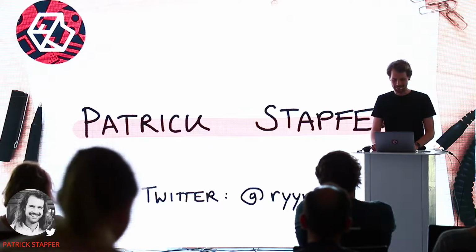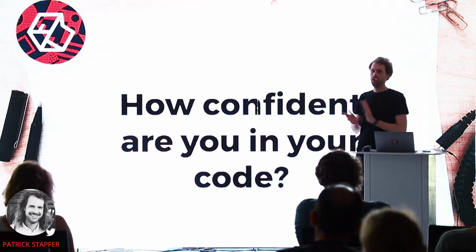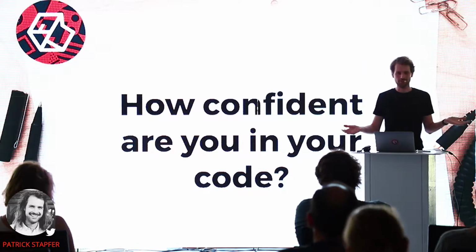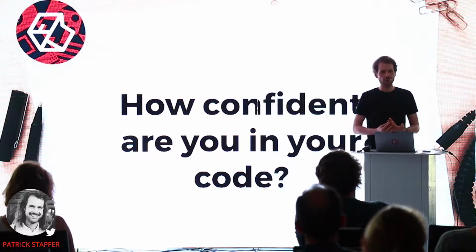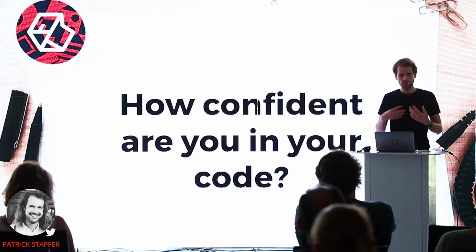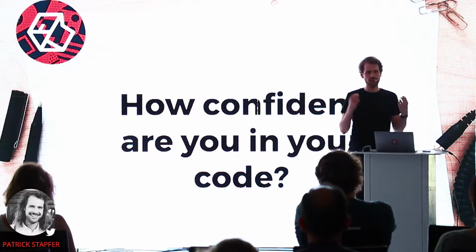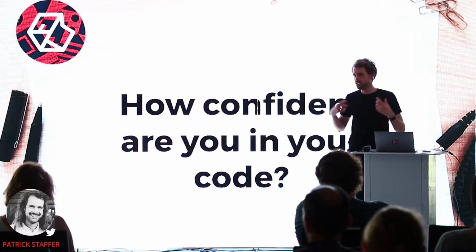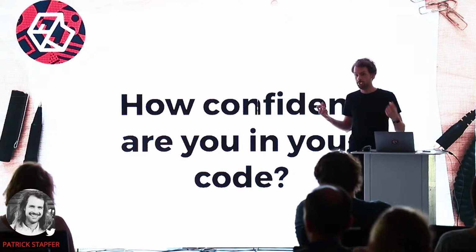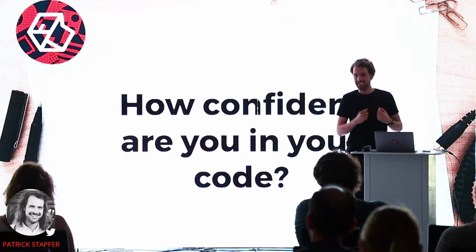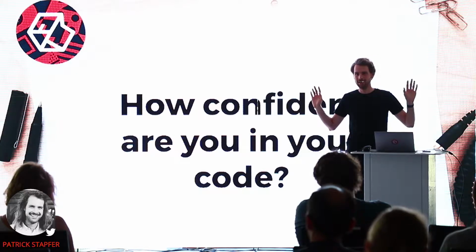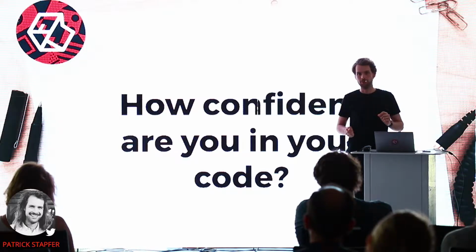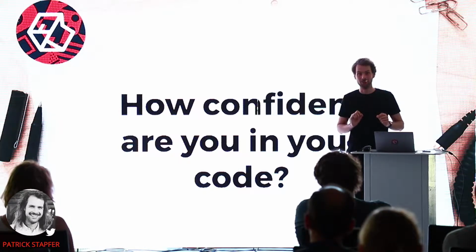Anyways, before we start this talk, I want to ask you a question, and it's a very vague question. So, how confident are you in your code? When you think about your server code, your application code, just imagine you just added a change, you merged a branch, you committed it, everything went through code review, they merged it together, they built it on CI, the compiler says everything is fine. How confident are you? Or just raise your hand if you're 90% confident that this code will run the same way as you intended it to run.